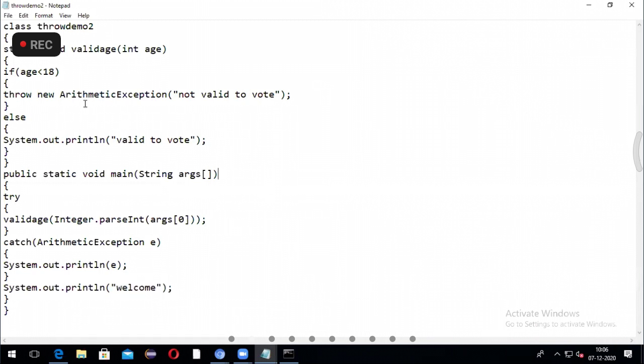So this small program you have seen. Now one small thing I'll tell you here. Instead of writing this predefined built-in exception, you can write your own exception name also, but that should become a subclass to the exception class. So let me take my exception. Instead of writing that predefined one, I will write my exception here.